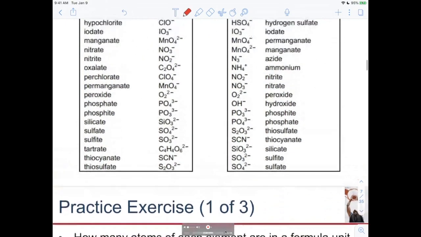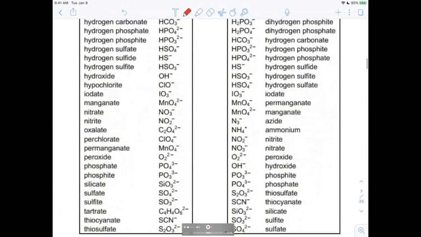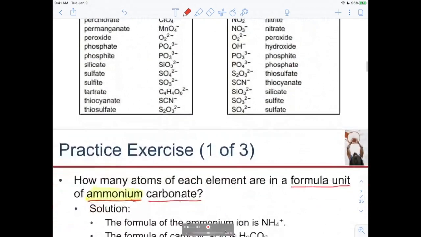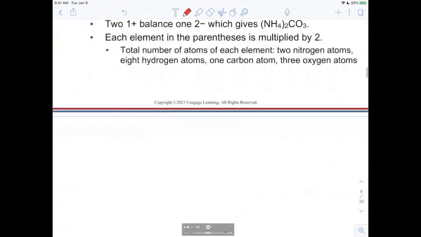So I look for the carbonate on the C's. Carbonate, there it is. Carbonate is CO3 2 minus. You want to make sure you're very familiar with this list of polyatomic ions. I know it's a long list, but you can take the time to try to be very familiar with this so it's not so much work when you're working on your homework, trying to figure out